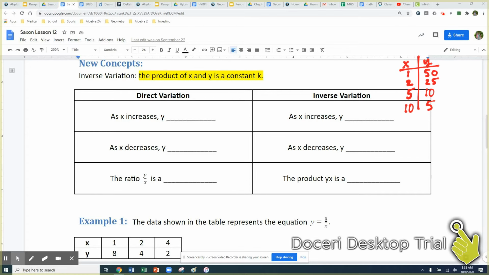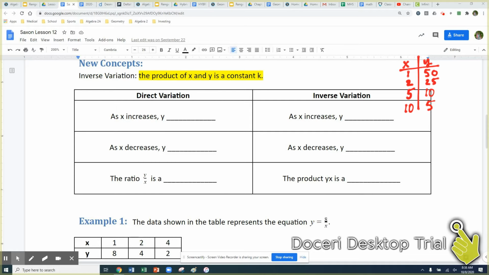That's why some people have employees. You get more contracts filled, in less time, and you can figure out how you're paying people, all that kind of stuff. But this would represent an inverse variation. The big thing that you're looking for is, as one of your variables increases, as I get more and more people on that job,